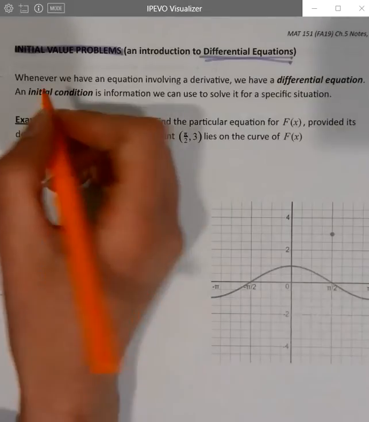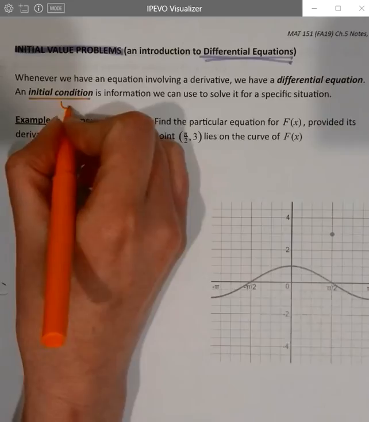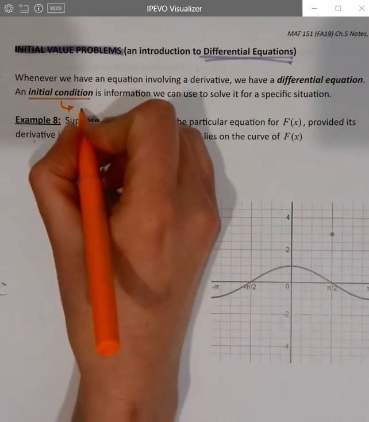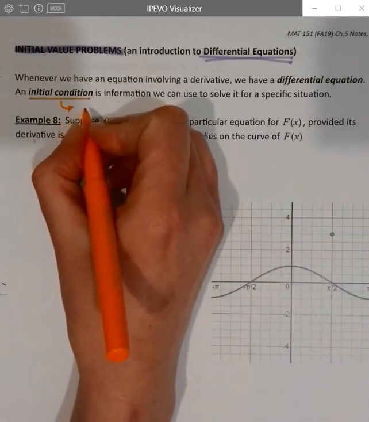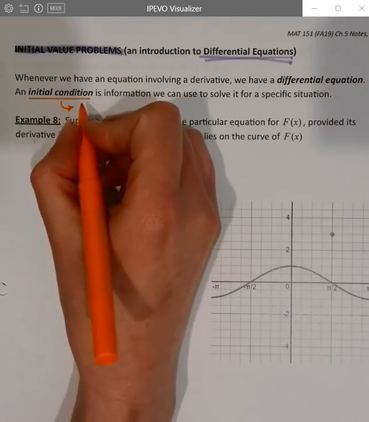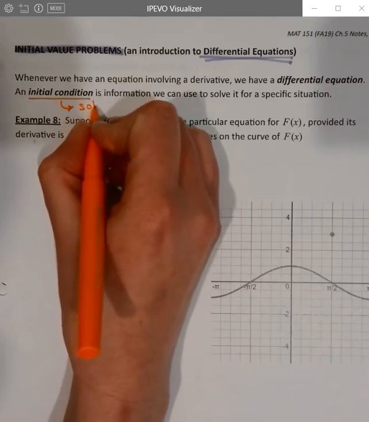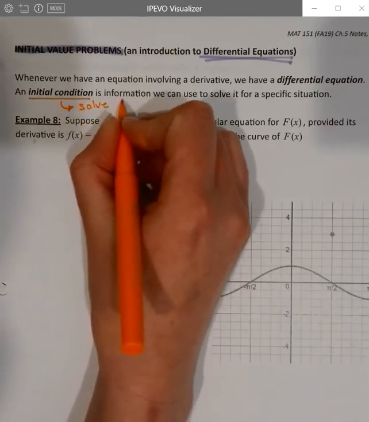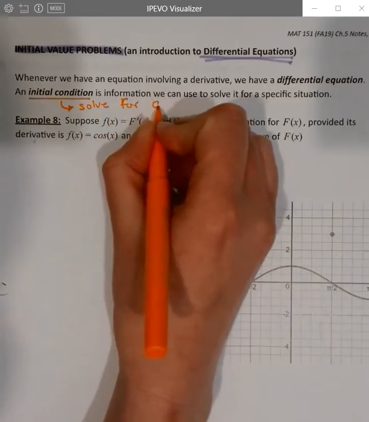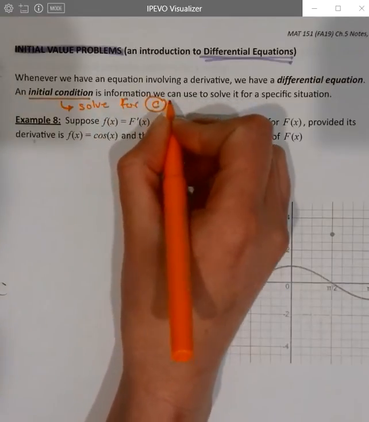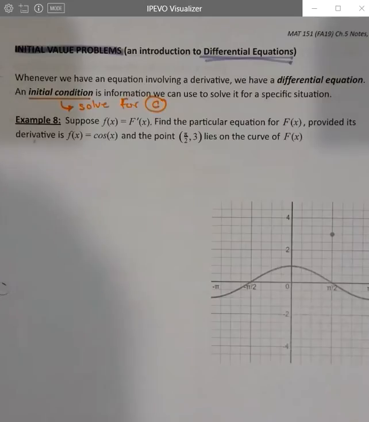So the initial conditions are going to allow us, to put more plainly, to solve for c, so that we won't have a general antiderivative, we'll have the particular solution. They're going to allow us to solve for this exact c instead of having the solution generally. We're going to solve for our c's. Okay, so initial value problems will be similar. We're just going to go a couple steps further than what we've been doing in the general antiderivatives, getting particular